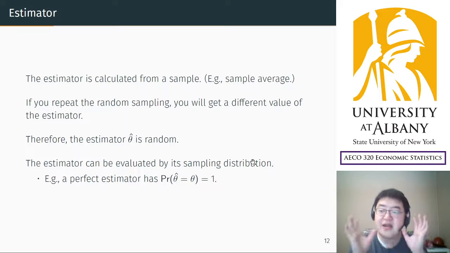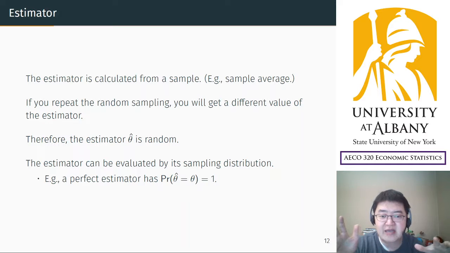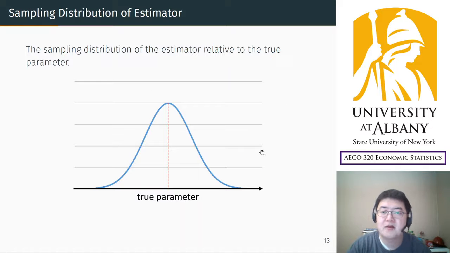So anyhow, the idea is an estimator has a sampling distribution, and we are interested in how the sampling distribution looks relative to the true parameter. So of course, the better estimator is the one whose distribution is closer to the true parameter. For example, so think about this. The sampling distribution of an estimator relative to the true parameter looks like this. So say the true parameter is the red,